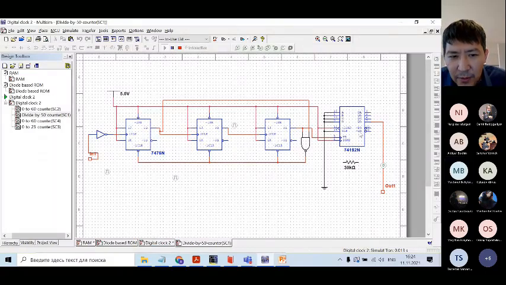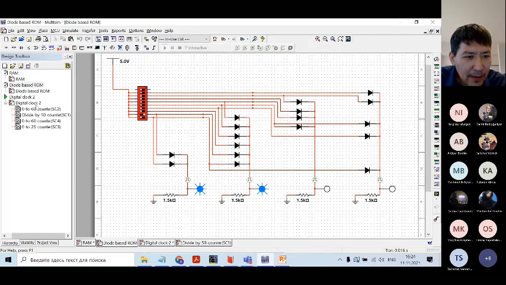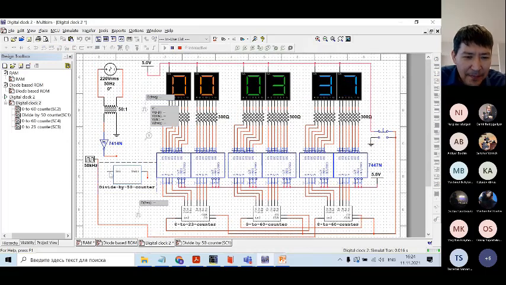Yes. So by using this counter, by connecting properly this NAND gate, you can actually divide your input. Here we have, for example, if my input will be 50 hertz, so on this output I will get 1 hertz. Okay, so let's come back. So then I just represent this counter, just some small blocks. So here my input,